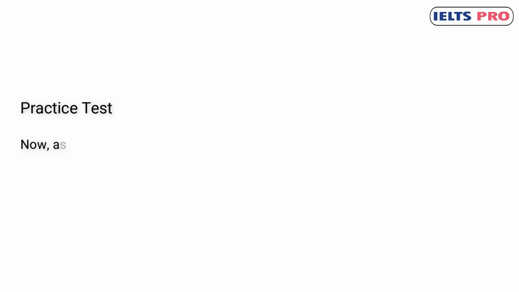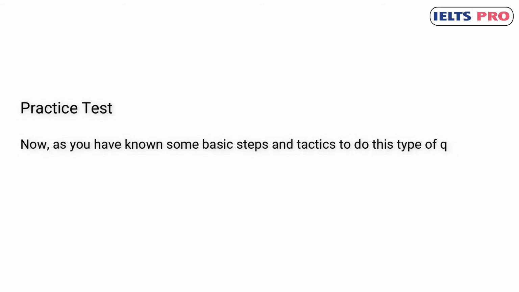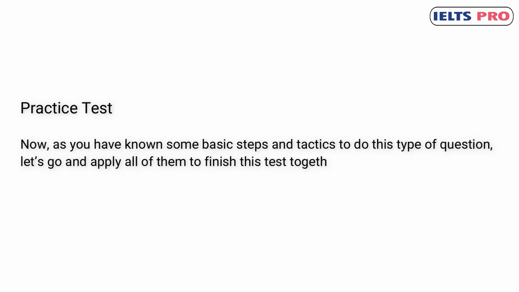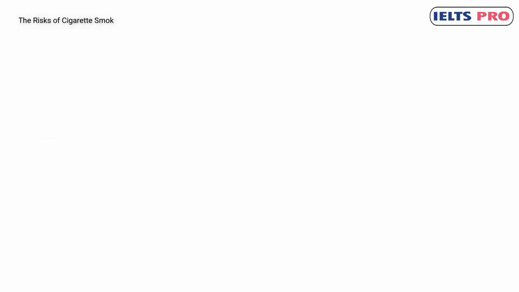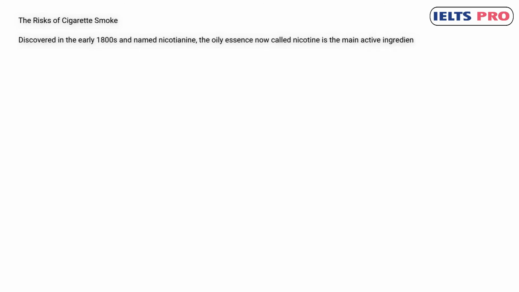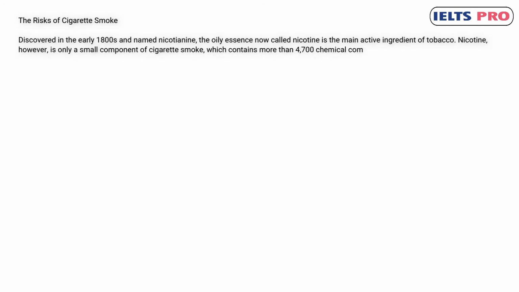Practice test. Now, as you have known some basic steps and tactics to do this type of question, let's go and apply all of them to finish this test together. The risks of cigarette smoke. Discovered in the early 1800s and named nicotinamide, the oily essence now called nicotine is the main active ingredient of tobacco. Nicotine, however, is only a small component of cigarette smoke, which contains more than 4,700 chemical compounds including 43